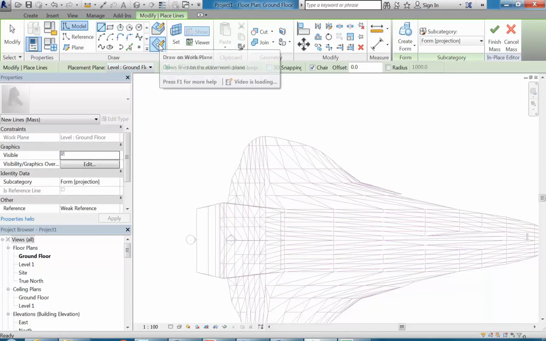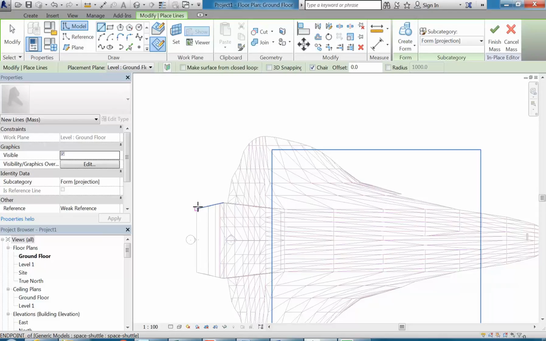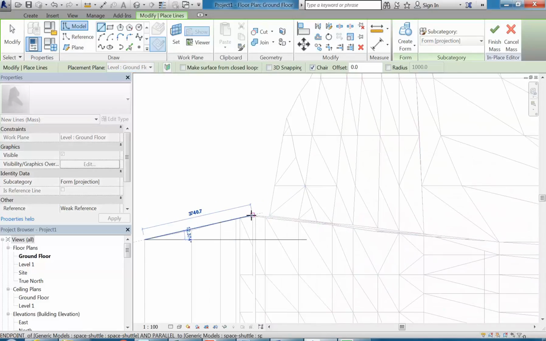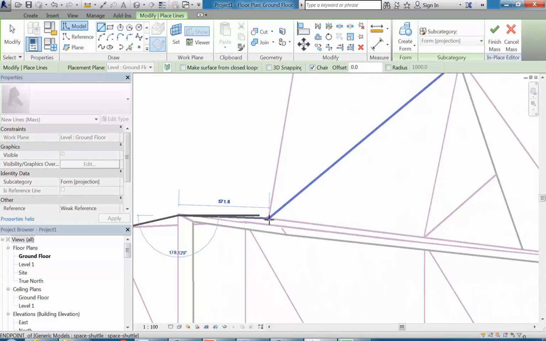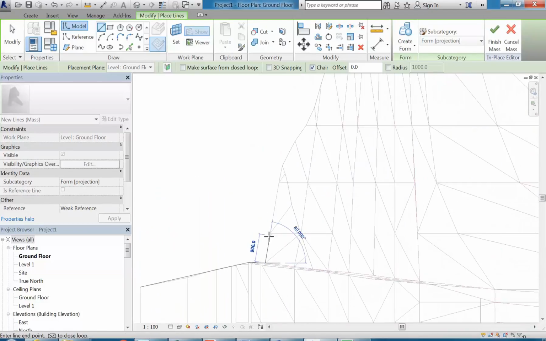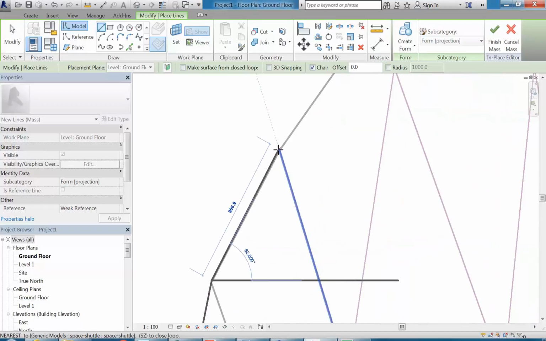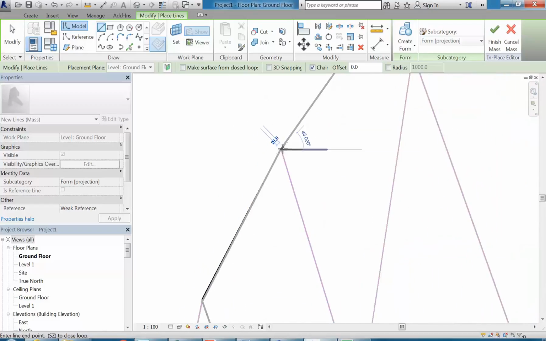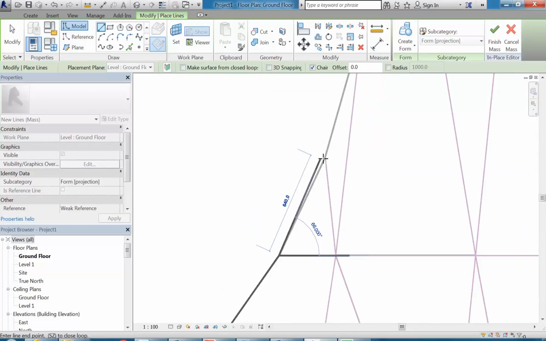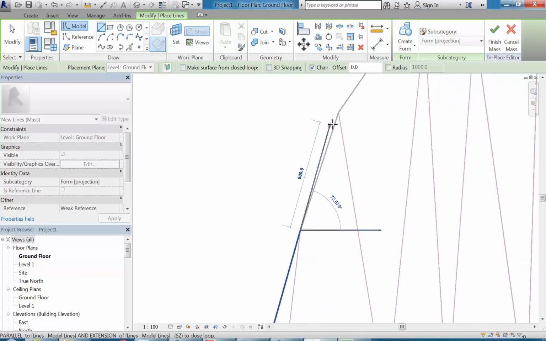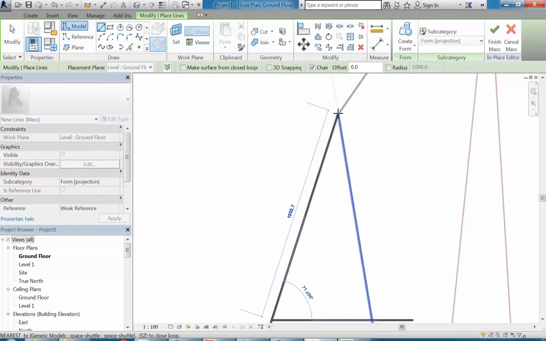And that's usually the simplest option, just like drawing normally. And then you can see I can still snap to these edges, but it's going to project them onto the ground floor plane. And that's what I want. So I'm going to snap now, just clicking along the edges, keeping it nice and simple, and not trying to overcomplicate it. Now you could draw curves if you want to, but like anything, if you make it more complicated when it doesn't need to be, then it's going to be more work than it needs to be, and often harder to turn that into a nice resolved design as well. So again, just trying to get fairly simple geometry,